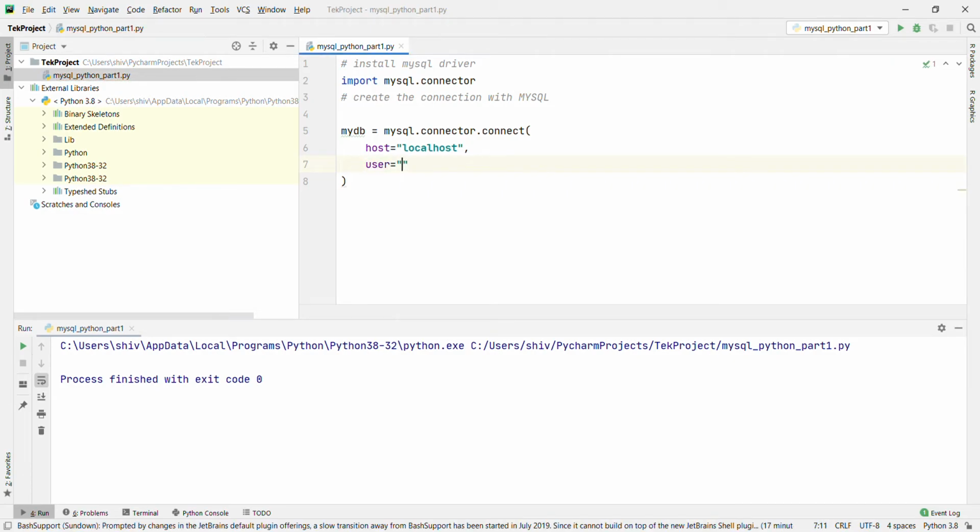The username is whatever you used during the installation. I have root, and for the password, we have admin.